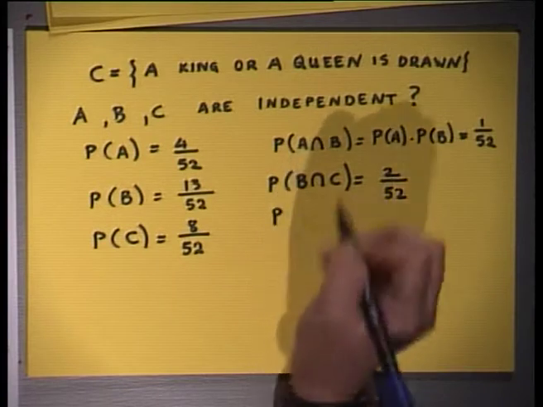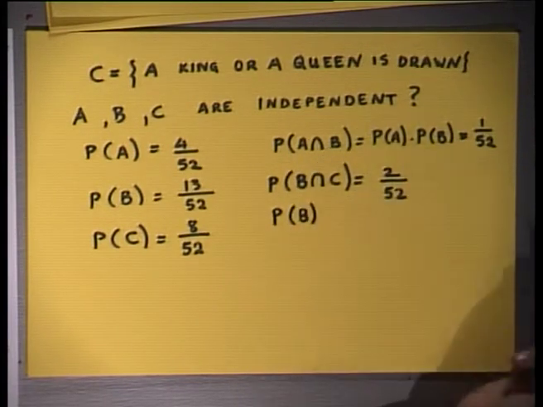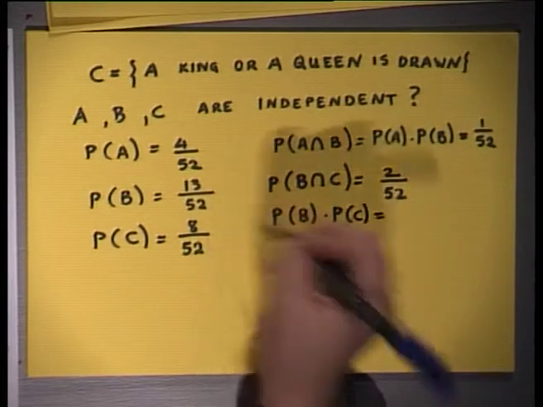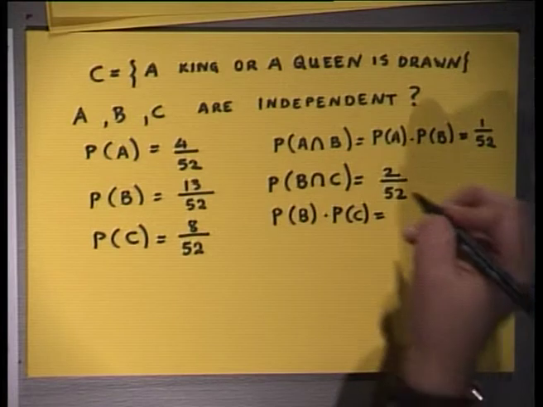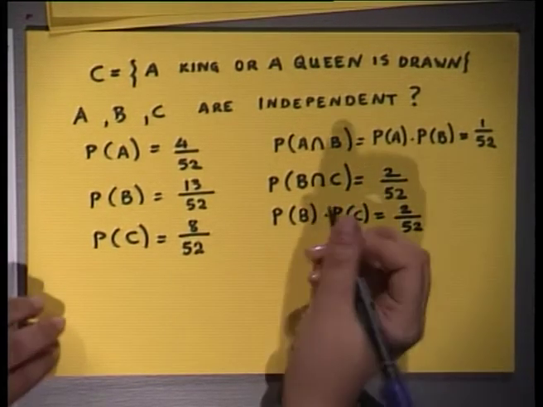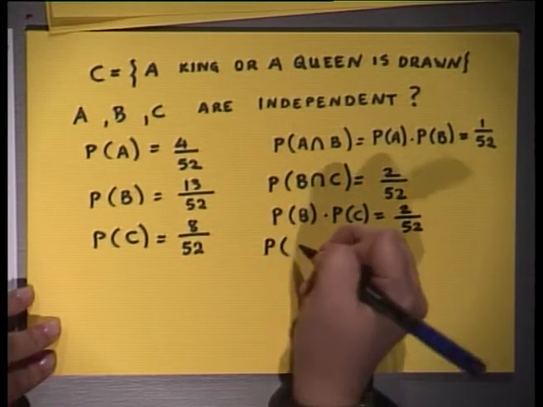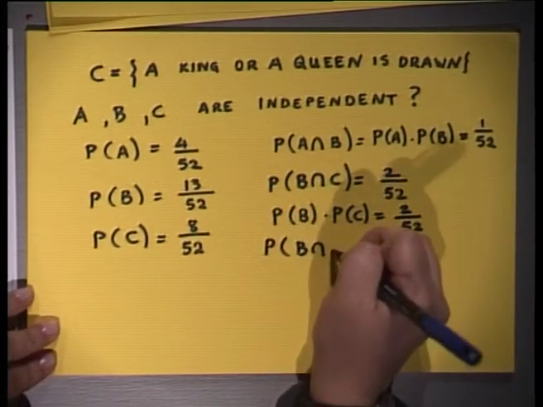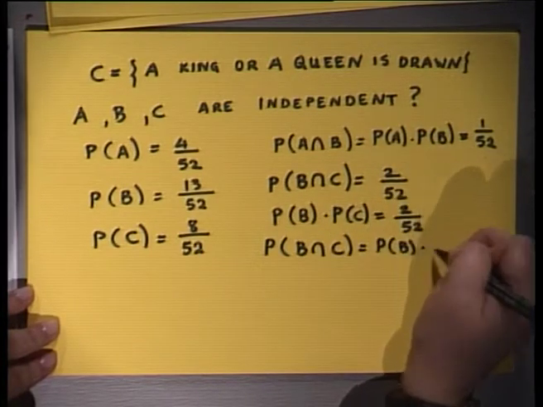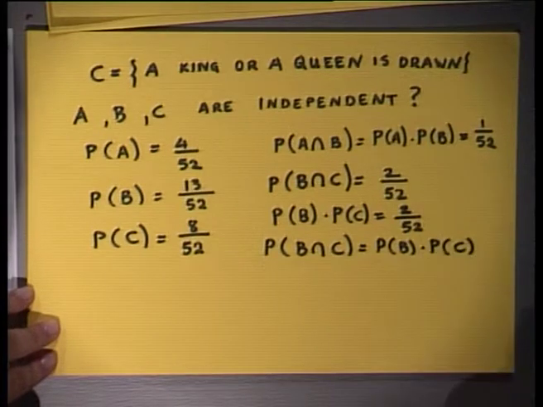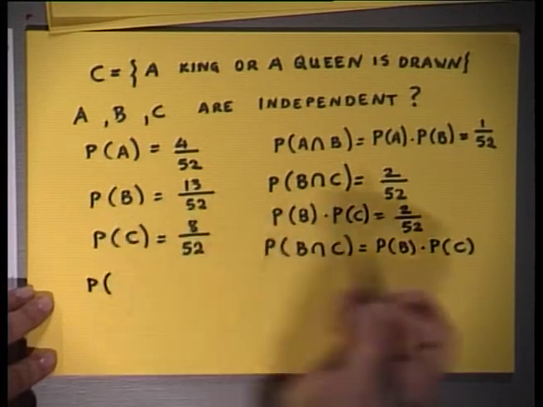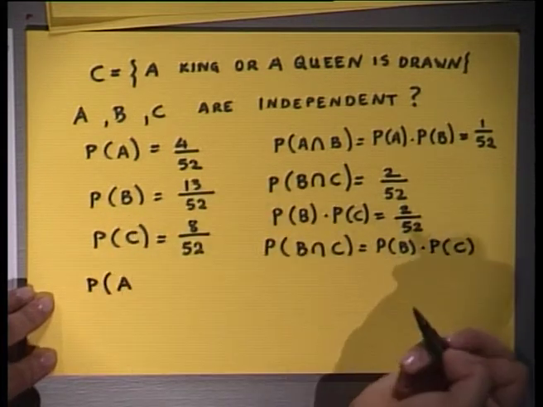Now, the probability of B times the probability of C, if we do the calculations, is 2 out of 52. So here we have, again, that the probability of B intersection C is equal to the probability of B times the probability of C. We also need to check the probability of A